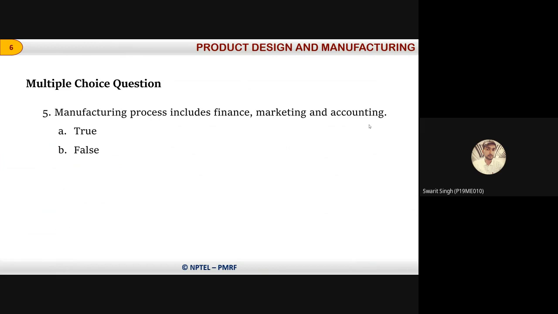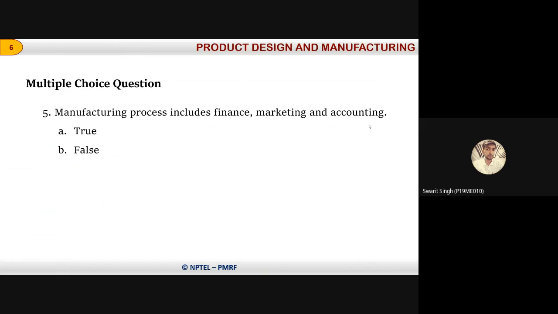Manufacturing process. Sir, basically for the manufacturing process, all the things are related, like finance. If I have to invest, I have to go for the capex, and whether the product I'm making is able to be marketed or not. So it is true, maybe. So it is false, because in the manufacturing process,